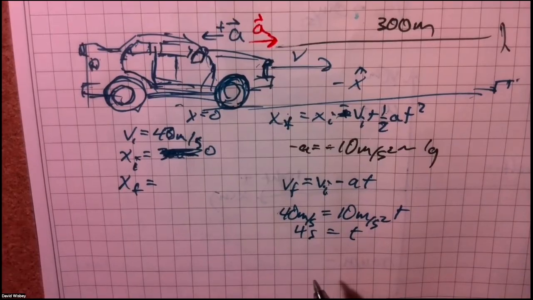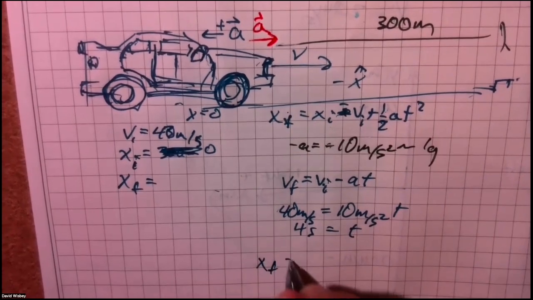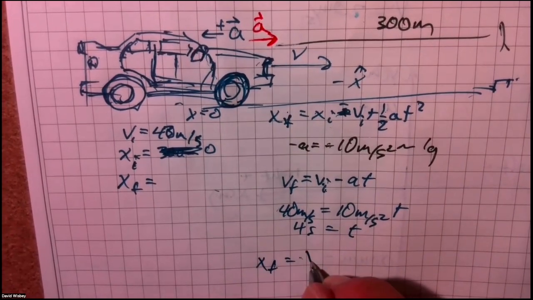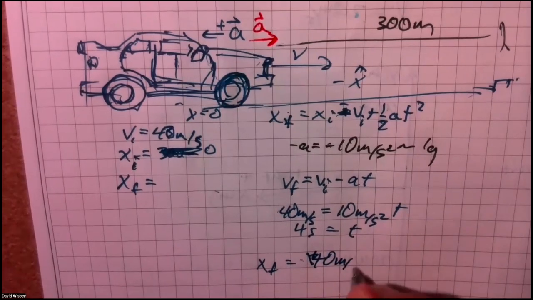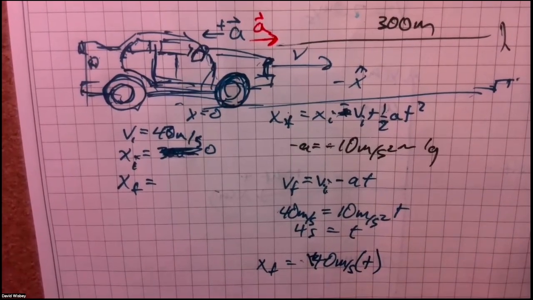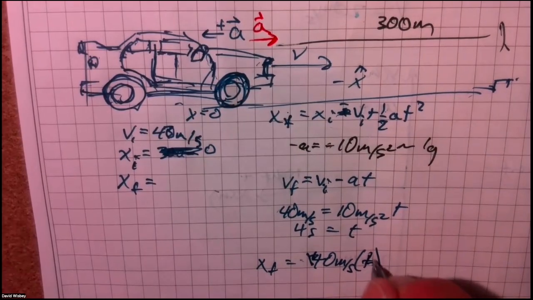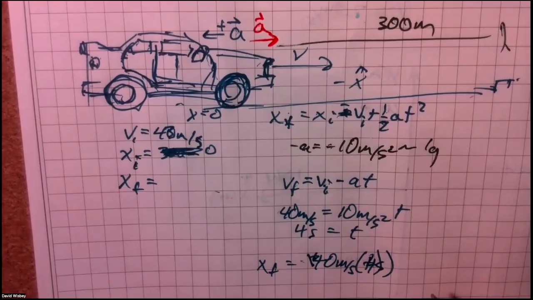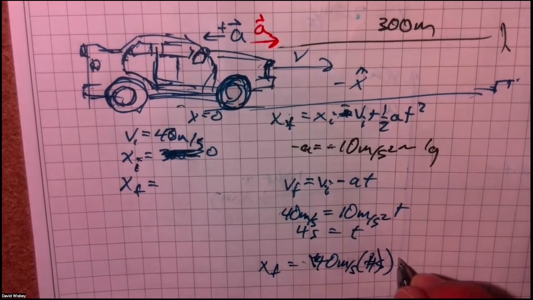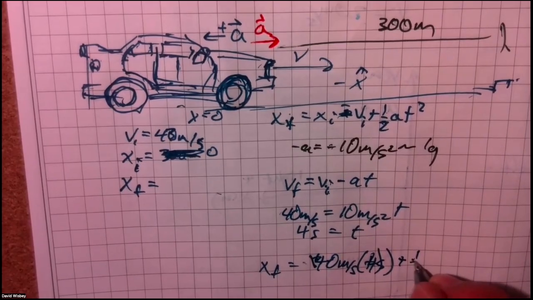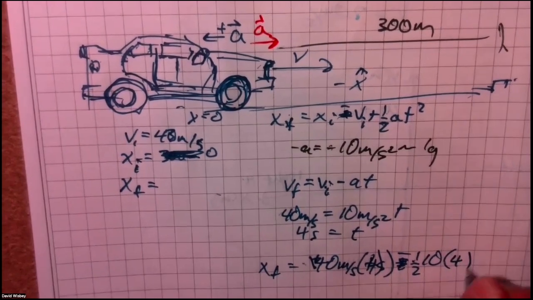So my initial position is 0. We're gonna solve for x. Let's put in our numbers here. So x final equals vi, and my initial velocity is 40 meters per second, times t, and my t was 4 seconds. We calculated that. That's how long it took me to stop, because once my wheels locked, and they definitely locked because I started sliding, and this is minus, this is 10 times 4 squared.